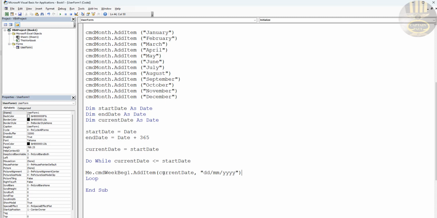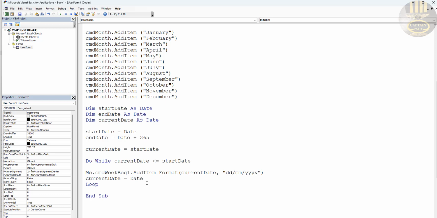Close that. Okay, so I will now say current date. This very one, let's grab a hold of that. Current date, that is going to be, or we should have a format here. It needs to be formatted here. Format. Okay, that's fine. So current date is going to be equals